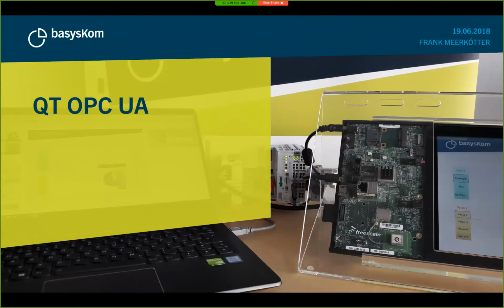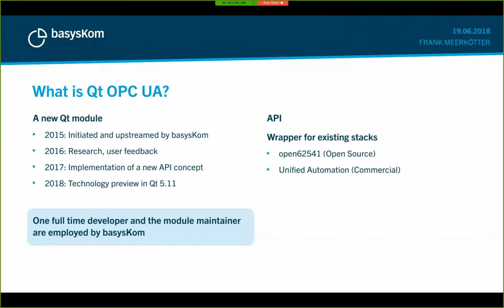And we will now have a look at Qt OPC UA, which is a new module that has been initiated and also upstreamed to the Qt project by basysKom. We started with this already in 2015, which is a long time ago in a way. What happened since then? In 2016, we basically did a lot of research and also talked to a lot of users